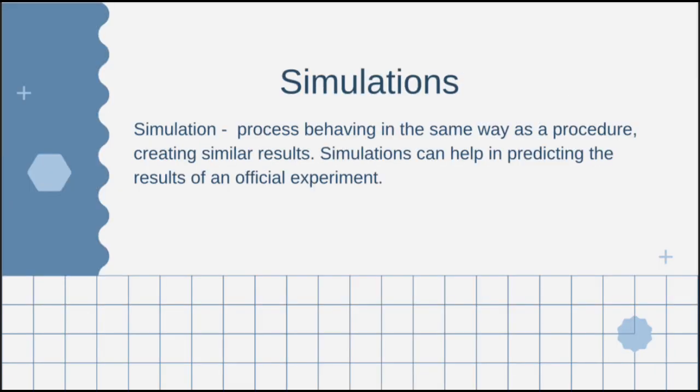And simulations are a process behaving the same way as a procedure would, so you can get similar results. It really ties into probability, because a lot of the time when you need to find probabilities it is for some sort of study where you're testing a hypothesis. And when you're testing a hypothesis, you might want to figure out the probability of an event occurring. So you do a simulation to figure out what would happen before the procedure actually happens, so you know what to